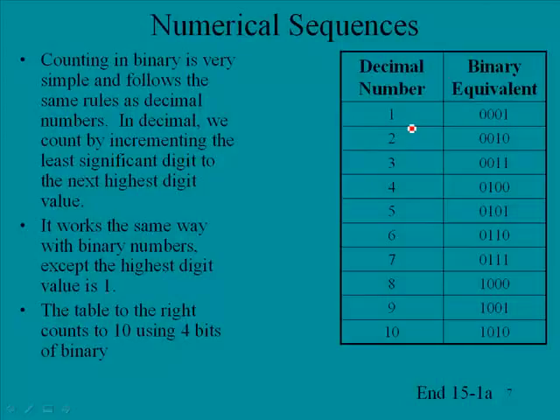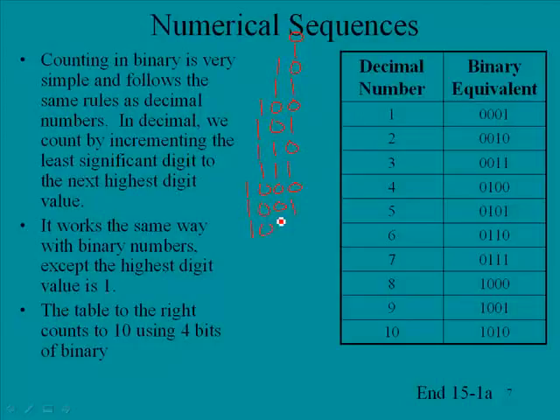So the way you would do this, and this would be with 4 bits, you start out with 0, and then we would go 1, 2, 3, and this looks a bit different. This would be 4, 5, 6, and then 1, 1, 1 would be 7. And then if we add 1 to this, then we go 1, 0, 0, 0, so that would be 8,